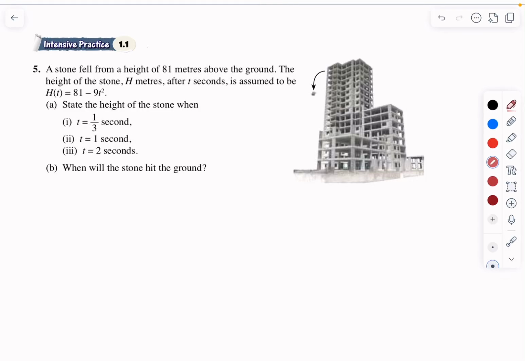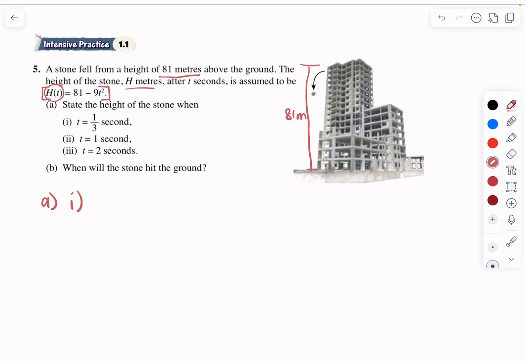Question 5. A stone fell from the height of 81 meters above the ground. So this is 81 meters above ground. The height of the stone, h meters after t seconds, is assumed to be this function. So this is the height and the t is the number of seconds. State the height of the stone when